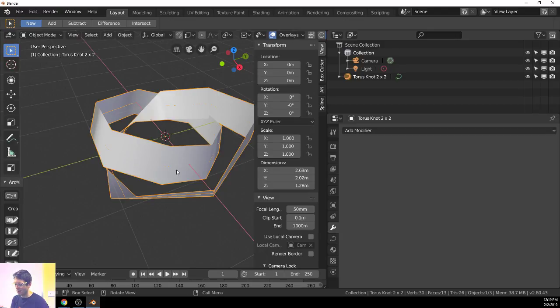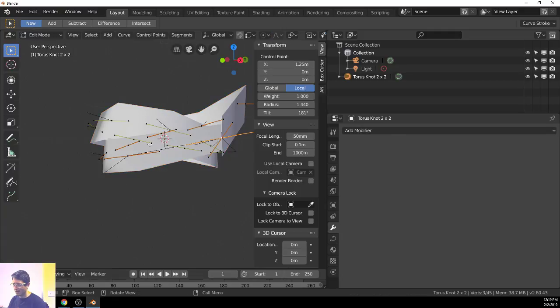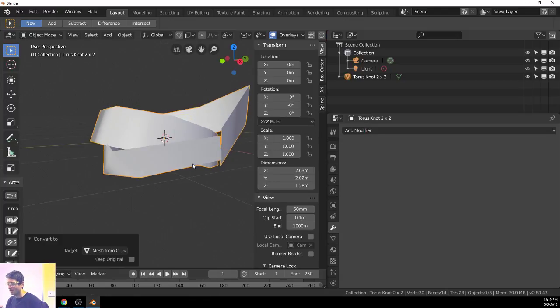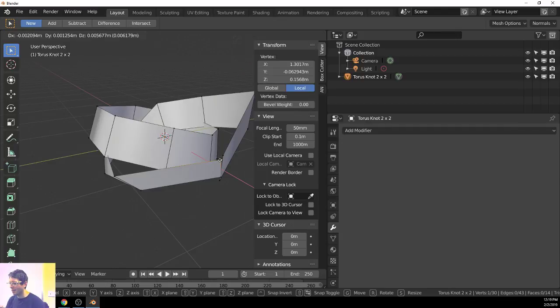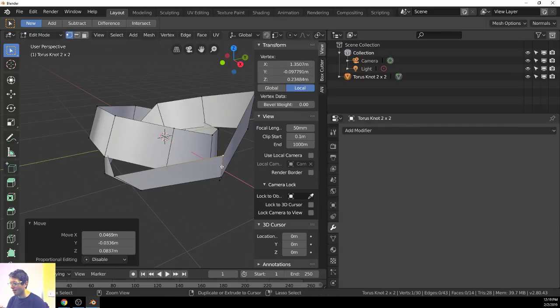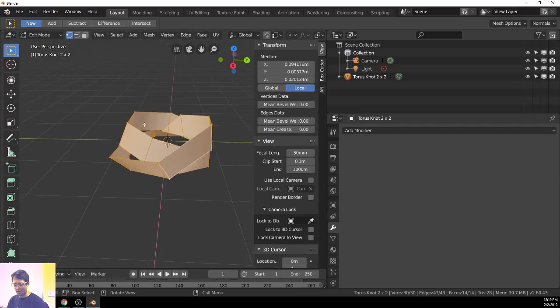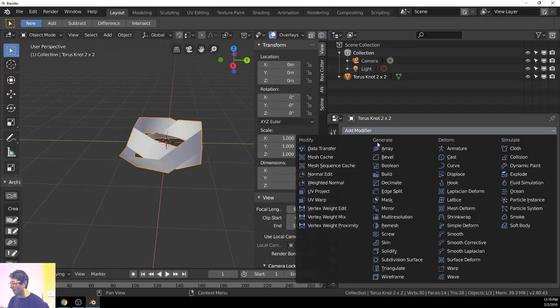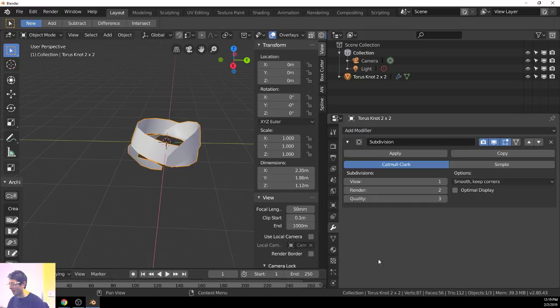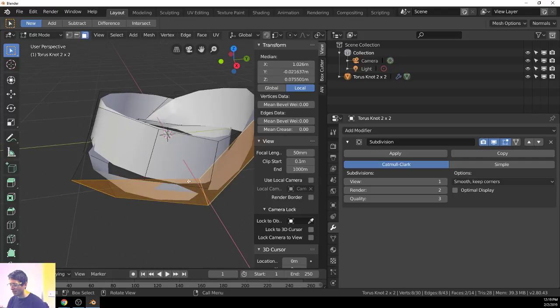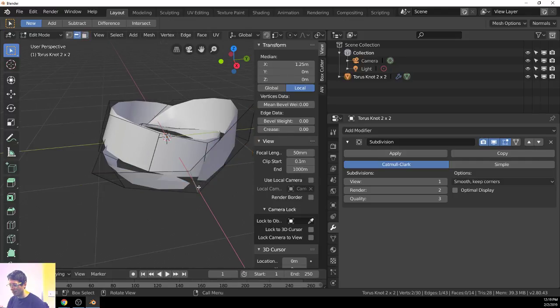Control Alt C. Alt C. It's also on the context menu now. Yeah. Context menu has it at the bottom. Mesh. And at this point, I can make this perfectly snapped. And now I add on my subsurf. And I can take these two edges, edge mode,